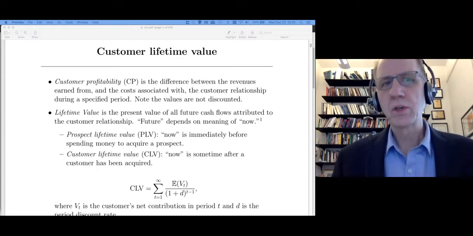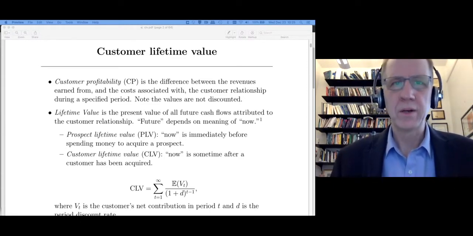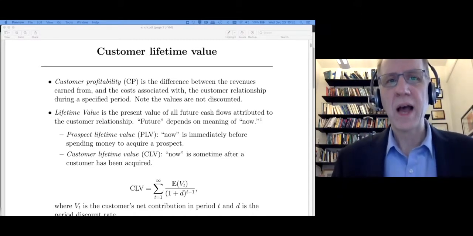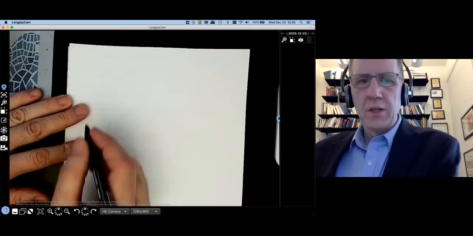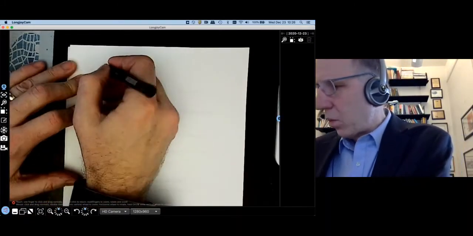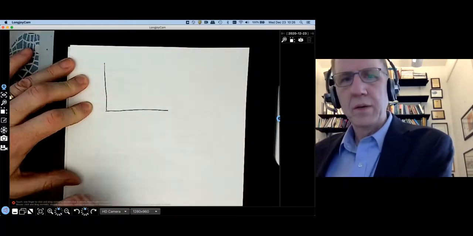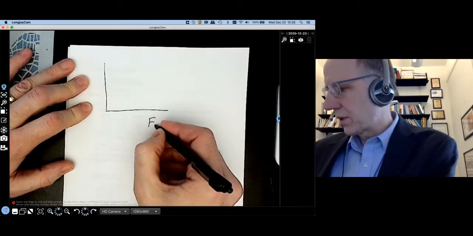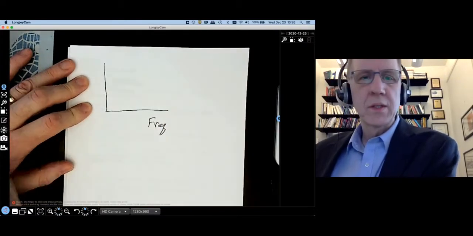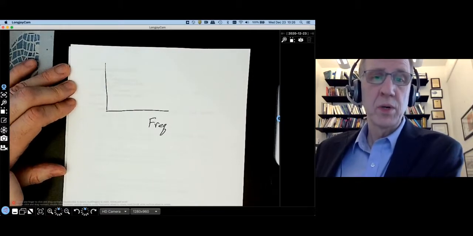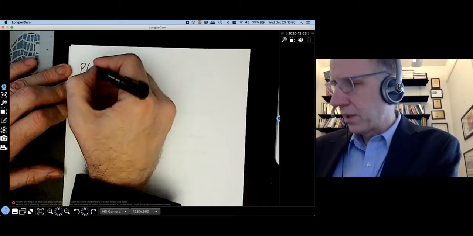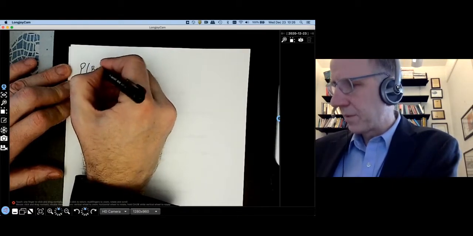Well, is this a good decision to spend $100 to get $30 back? The answer is that it depends on how well that retailer can keep the customer. So let me sketch a few things. One really important relationship that usually occurs with retailers is the relationship with frequency. So frequency is the number of times that a customer has made an order. And I'm going to plot on this axis the probability of buying again.